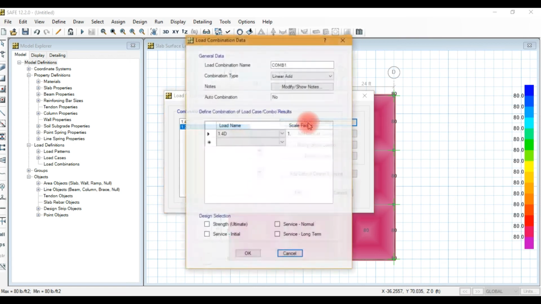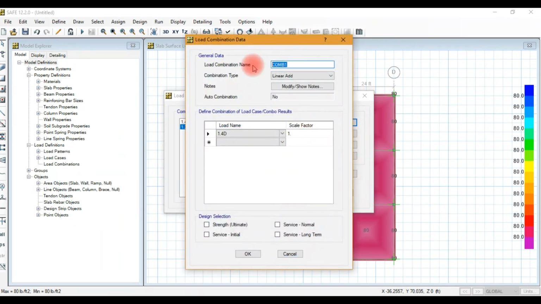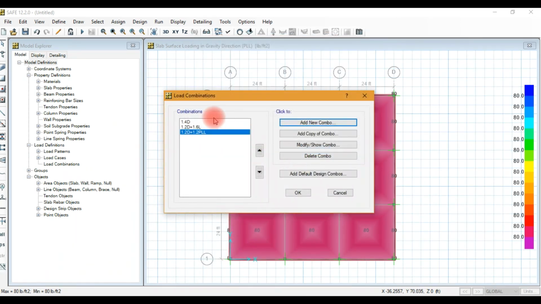Then add a new combination, 1.2 dead, 1.2 pattern live load. Stamp design ultimate. 3 load combinations are created.